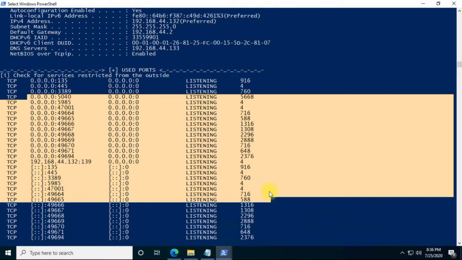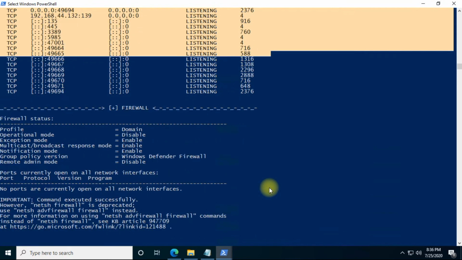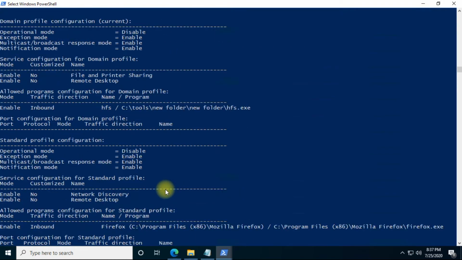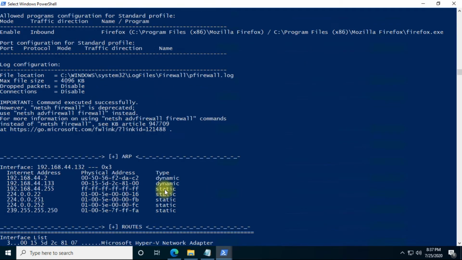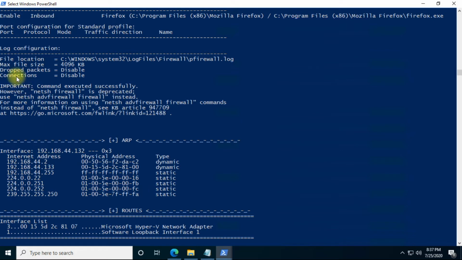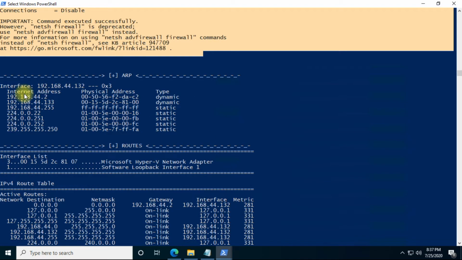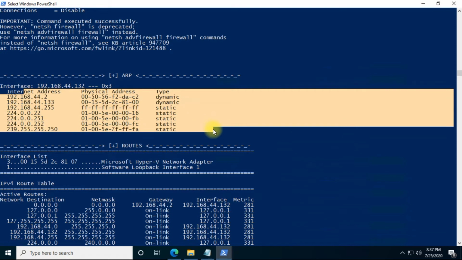The log status and log configuration: we can see whether any other IP addresses are interacting with this system or not. Right now I have started only one domain controller in this system, and as I have not started other systems, we are getting only the IP address of the domain controller, nothing else. If they were present, then definitely we could get that.